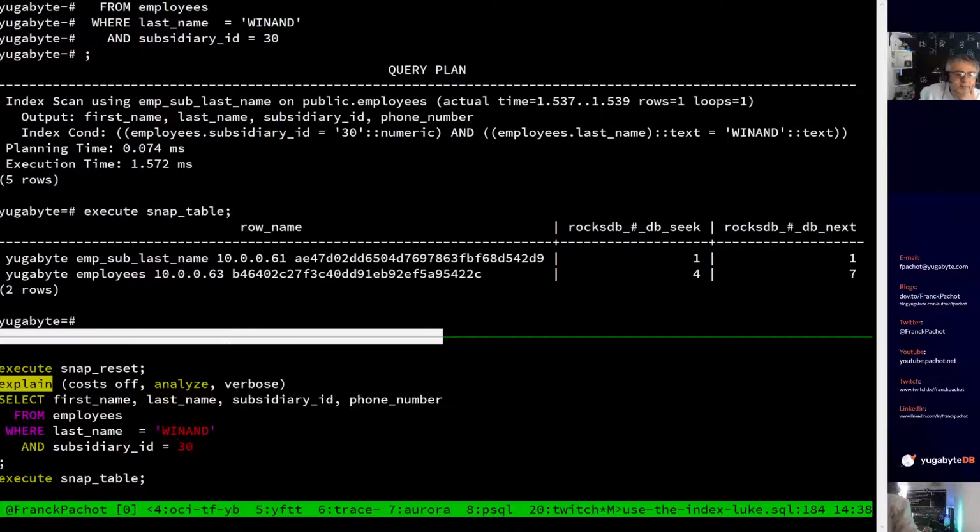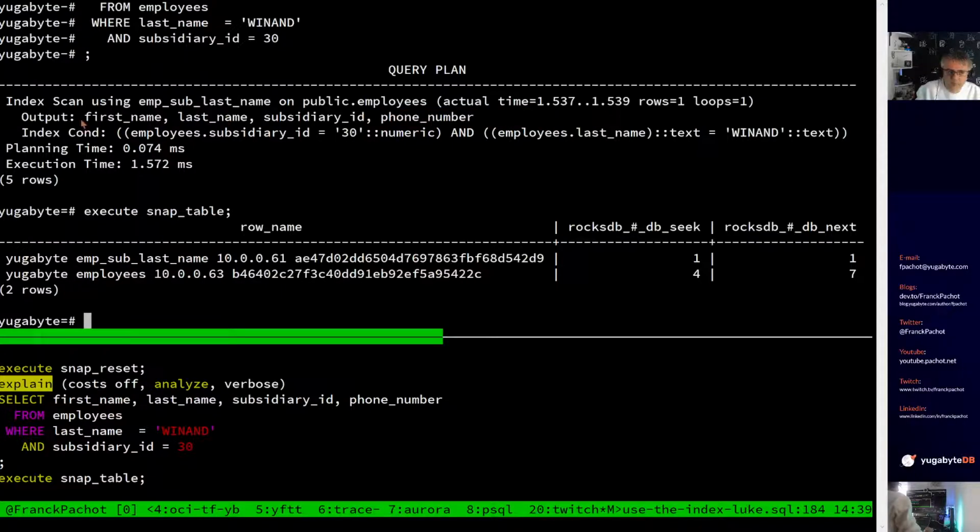So here it is. Here I've created a secondary index, which is able to filter on all my conditions. I can see the name of my index. I can see the index condition on subsidiary and employee name. But then it has to get more columns from the table. It's not a primary key index which has all the columns. It's a secondary index. Then I have to go up to the table to get the last name, for example, and the